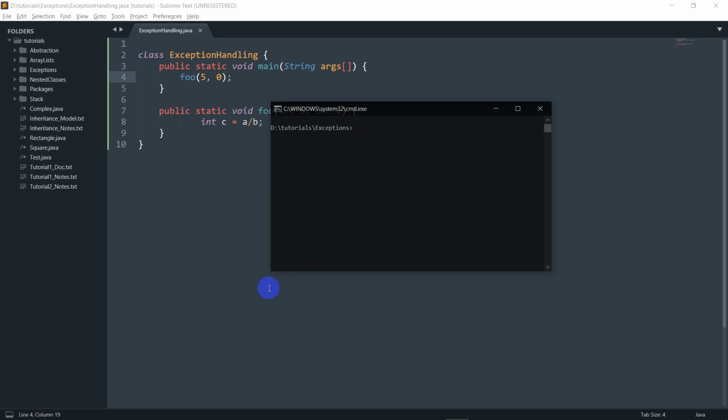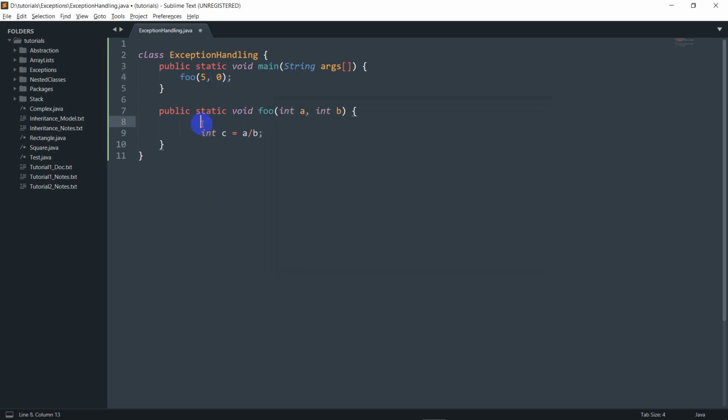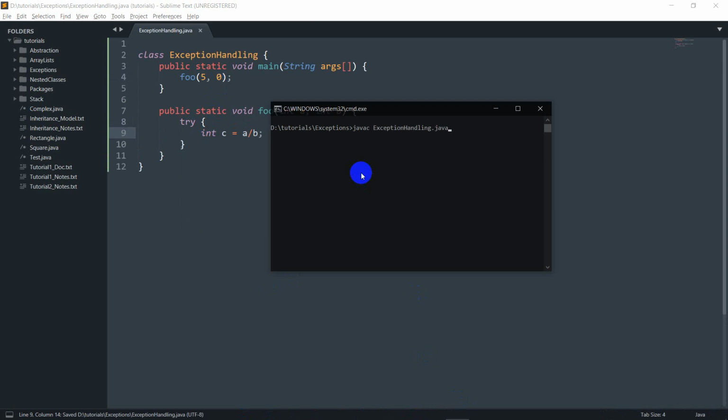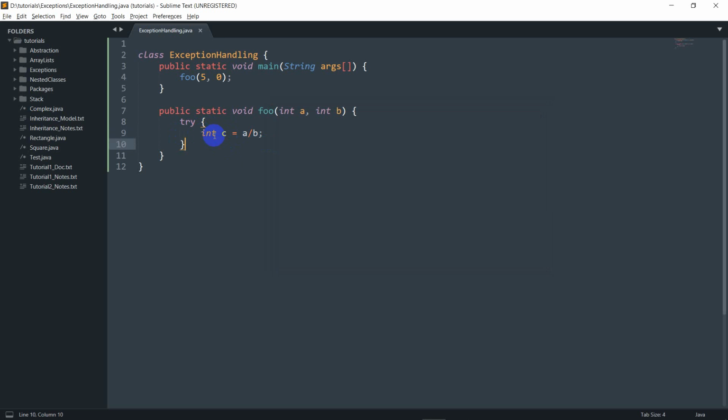So let's clear this and create the try block once again. I put this within a try, and let's try compiling it again. It says error: try without catch, finally or resource declaration. So basically it's saying that you don't have a catch corresponding to this, so I'll have to create that. So catch ArithmeticException e, and inside this catch block, let's say I do a System.out.println,